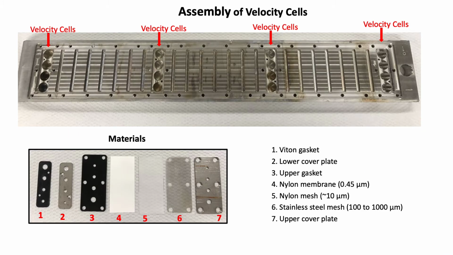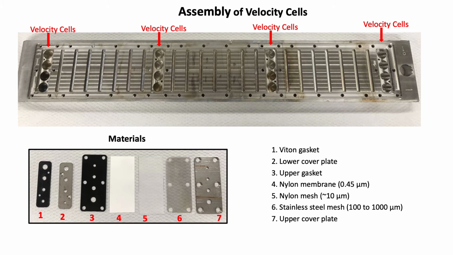In order to prepare the remaining cells, which are on the back side of the sampler, we're going to start with the velocity cells. The sampler is again submerged under the bromide solution. In this case, the equilibrium cells have already been prepared. The sampler then is turned over so that the equilibrium cells are facing down and the velocity cells and microbial traps are facing up. The velocity cells are submerged, and the materials used to assemble are a Viton